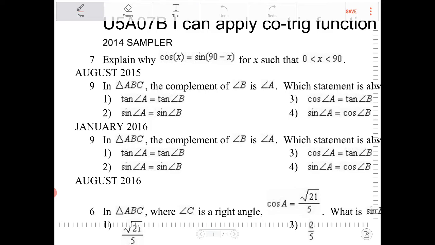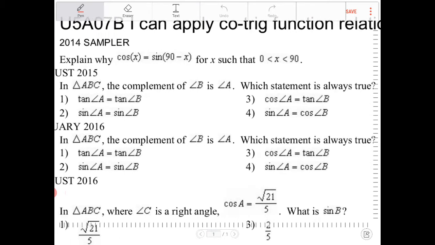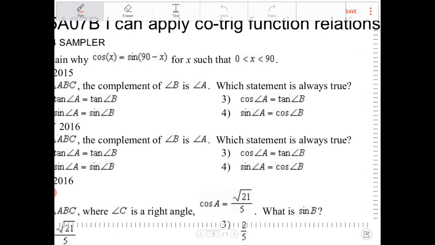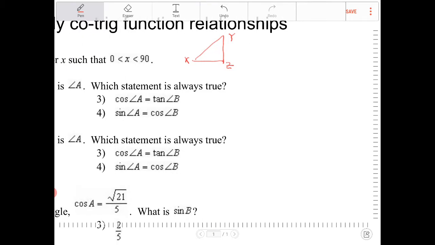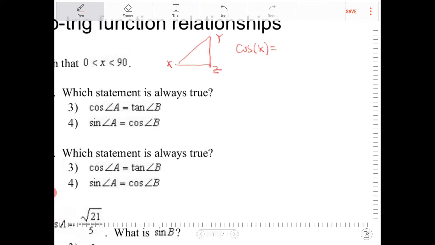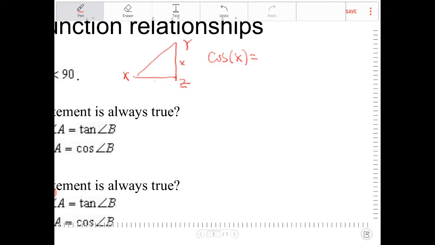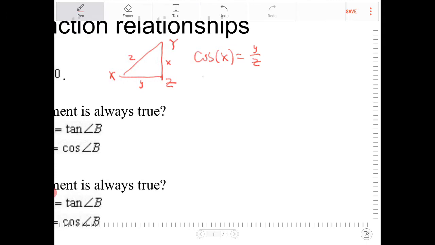Let's take a look. All right, so explain why cosine of x is equal to sine of 90 minus x for x such that x is between 0 and 90. Well, this is what they're asking you to do, is explain why that identity is true. And the identity is true because, let's say I create a triangle here, let's call the angles x, y, and z. So cosine of x is equivalent to, this is lowercase x, this is lowercase y, and this is lowercase z, y over z. And if I do sine of y,